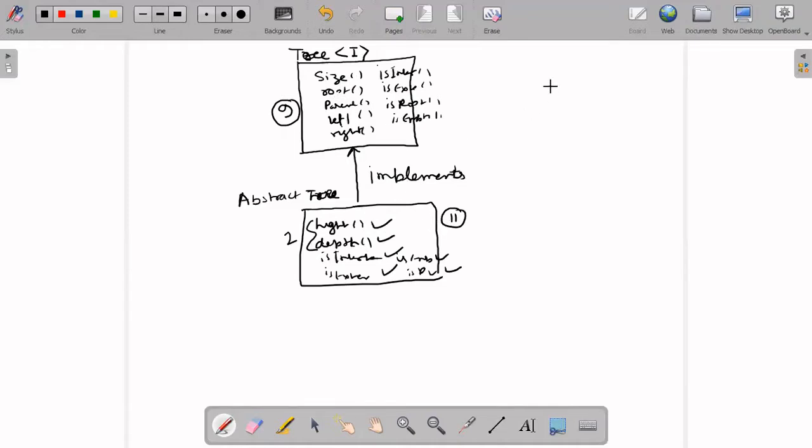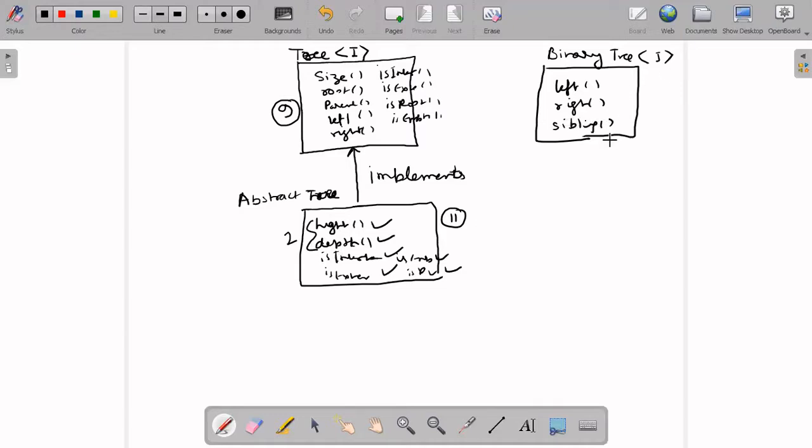That's fine. Now I defined one binary tree interface, and I declared three methods. One is left, one is right, one is sibling.